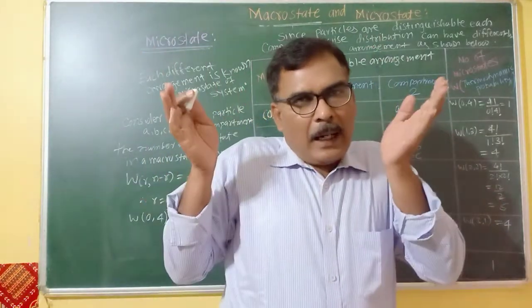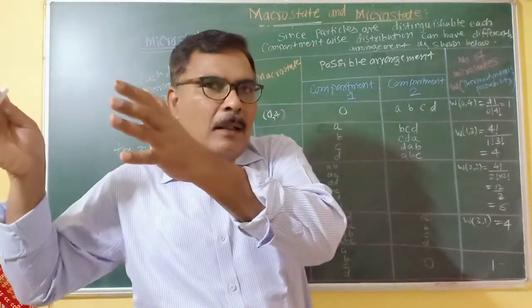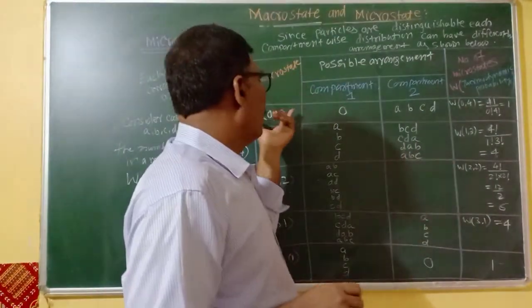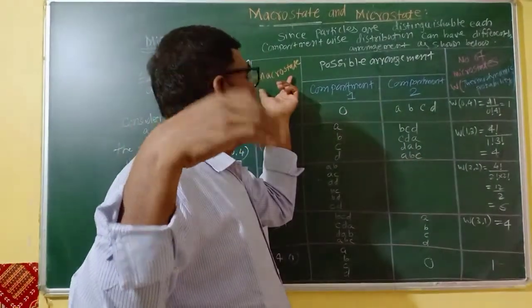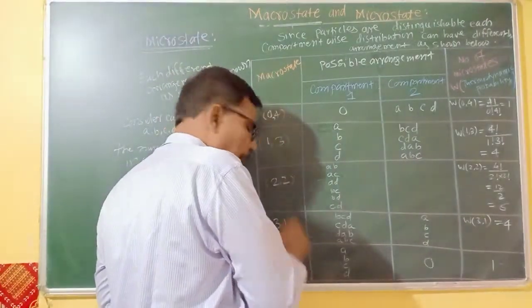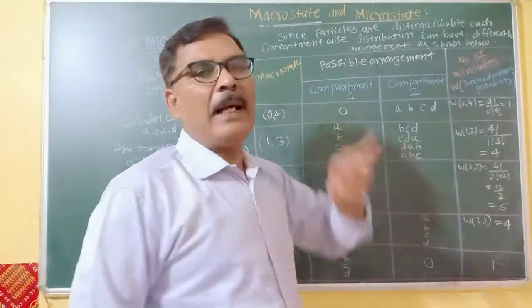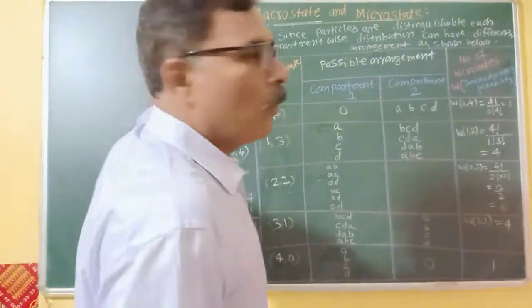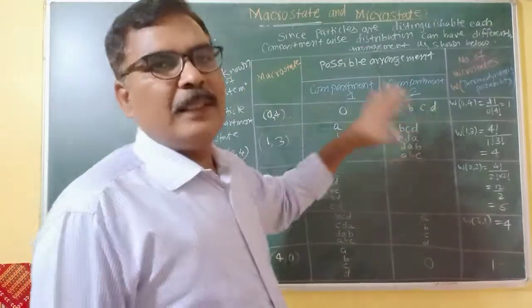Now in the microstate we have to consider the particles here, that is macrostates. We have to consider four particles, how many macrostates are there? 5 macrostates are there: 1, 2, 3, 4, 5. These 5 macrostates we have to distribute in possible arrangements for the different types of microstates. Macrostate particles are distributed in this case here.